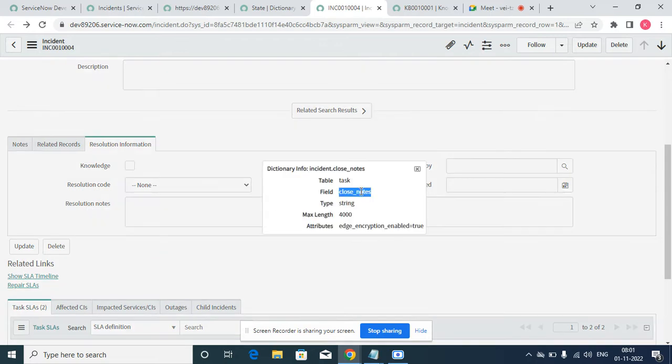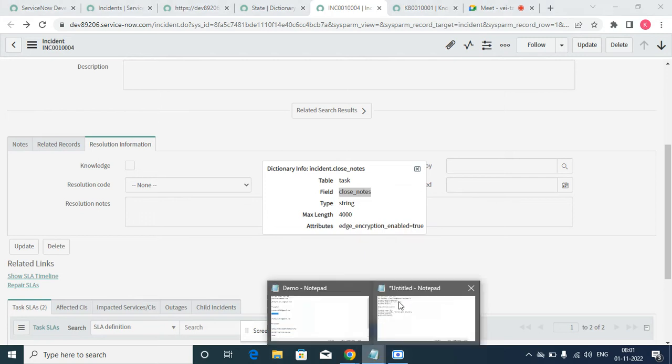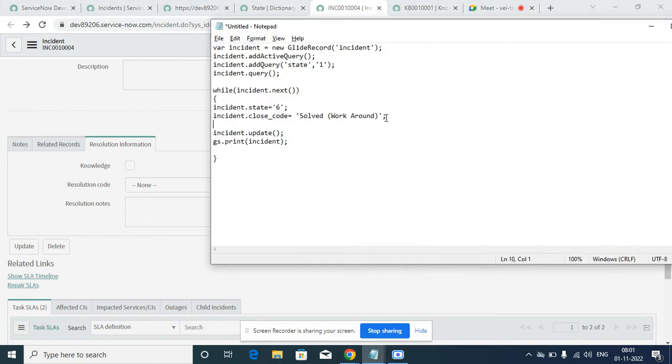So I'm just making close notes. So here I'm just writing this one. Close notes, incident dot close notes equal to, incident has been resolved from background script. So gs dot print, it will dot incident dot number, this one. So here